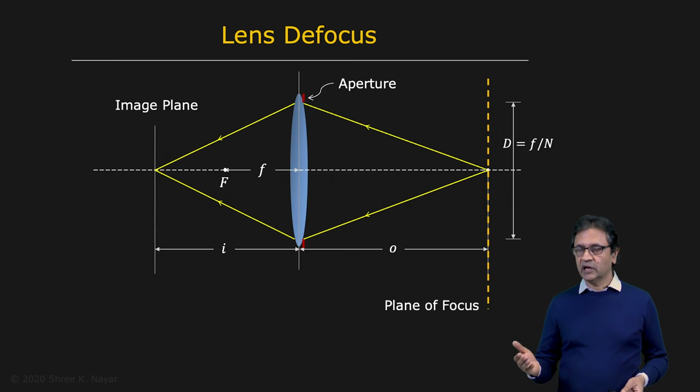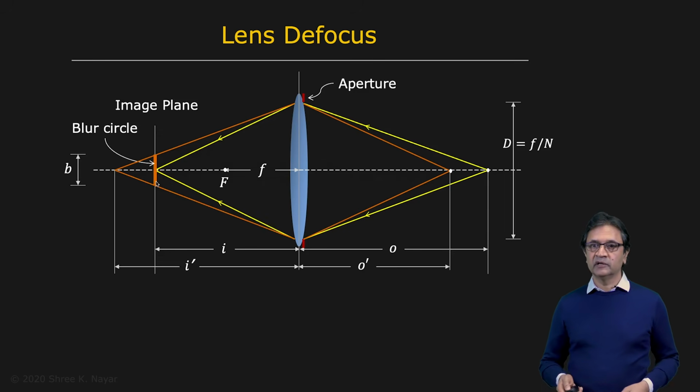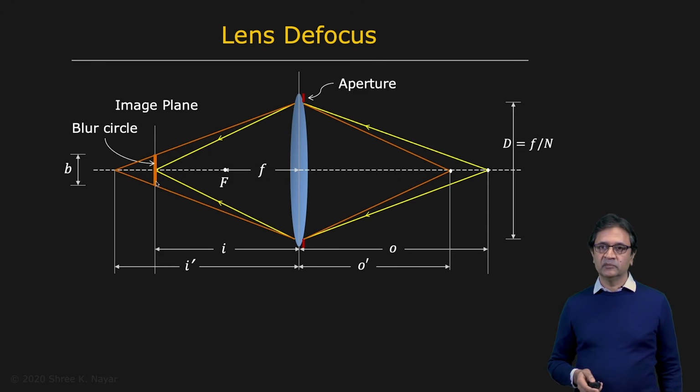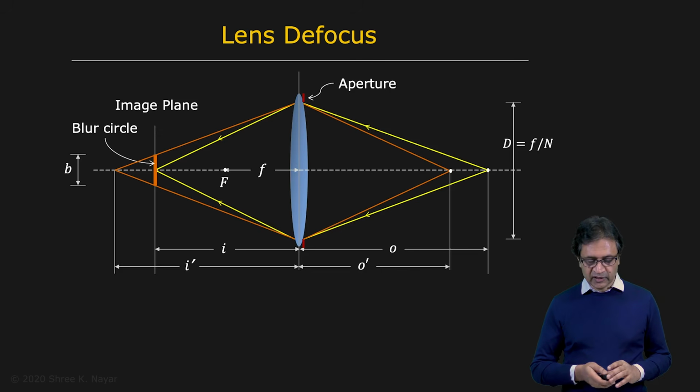Now we have to ask what happens if you happen to lie outside of this plane of focus. So let's consider this point right here, which happens to be at a distance O prime from the lens. Since it's closer to the lens, its image is going to be formed behind the image plane. In other words, the light that the lens receives from this point is not going to end up being a single point on the image plane, but rather distributed over a circular disk on the image plane. It's going to be blurred. And this is called the blur circle. The blur circle has a diameter, let's say, equal to b. We want to figure out what this blur circle diameter is for any given position of the object in the scene.